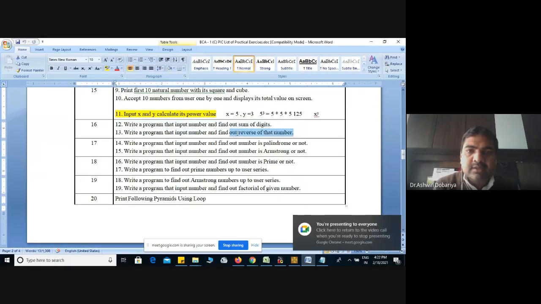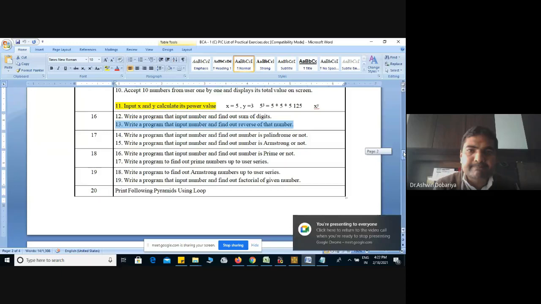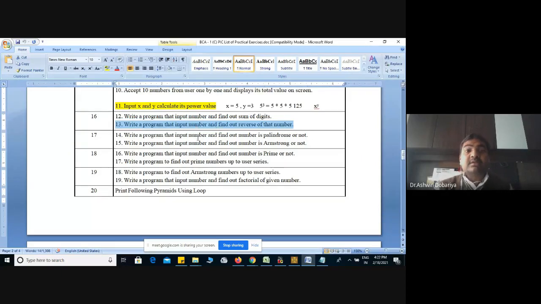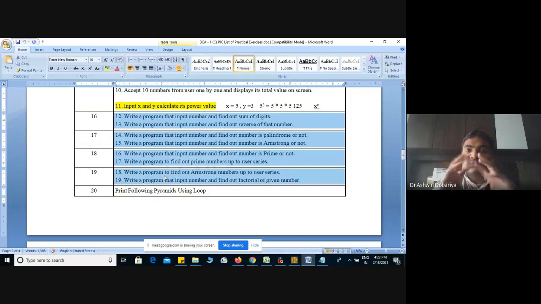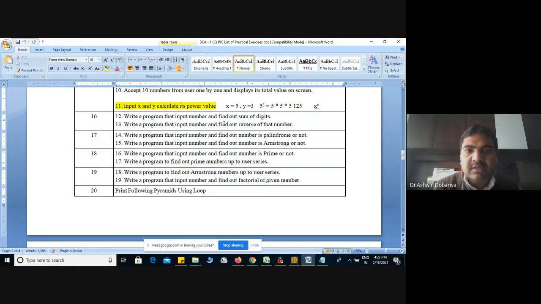Okay, today again we will move to the next. Program number 13. Now all these programs are very closely related to each other. A portion of the logic is used in one of the other programs. Here we separated the digit and calculated the sum.